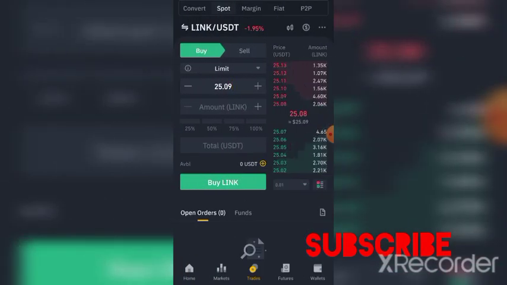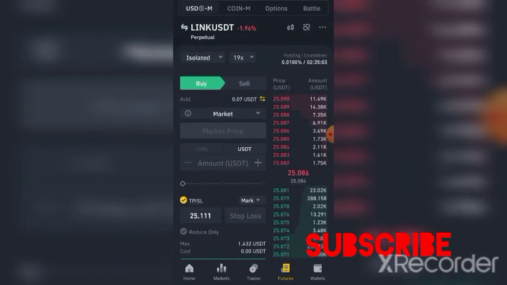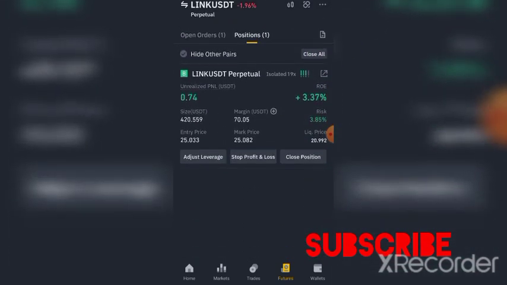You put the amount you want to buy. Let's say you want to buy from spot, but me, I trade on futures, and this strategy is for futures. On spot, you can put the amount you want to buy. But in futures, I'm already on this trade. I've done my setup, and currently you can see that the coin is already moving up, and I'm already in the position of taking profit.